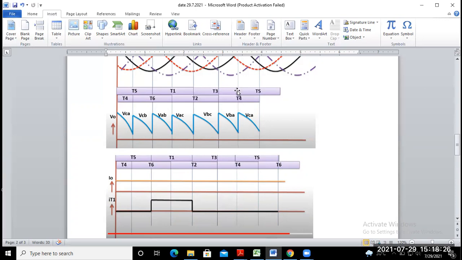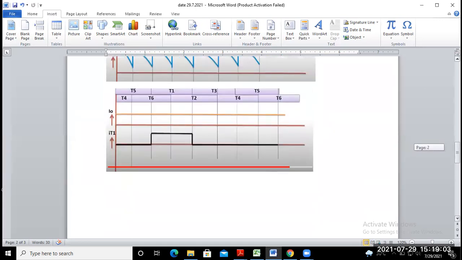After T3, T5 is conducting, so up to this instant the current is 0. T1 starts conduction after this point; so T1, T3, T5, and next is T1 again. This is the waveform of the current flowing through thyristor number 1, and this one is used for the load current I0.